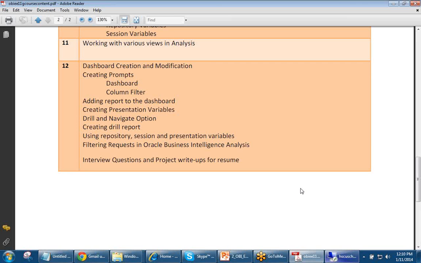Okay, fine, Rama. Is there anything else you want to tell, or want to check with me? Is there any other request for taking this course? The prerequisite is you should be aware of all the data warehouse concepts. You should have a good database skill set, like the various kinds of joins available, primary